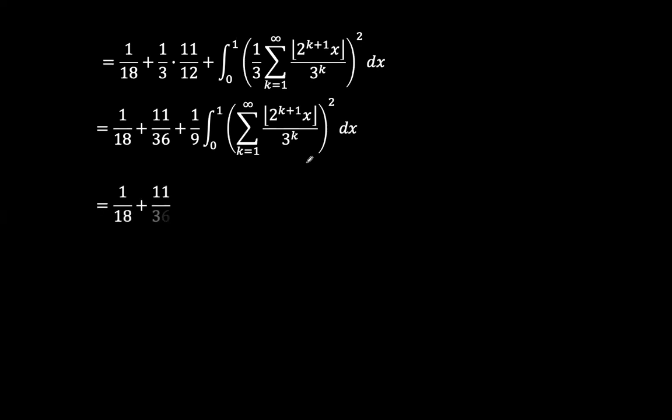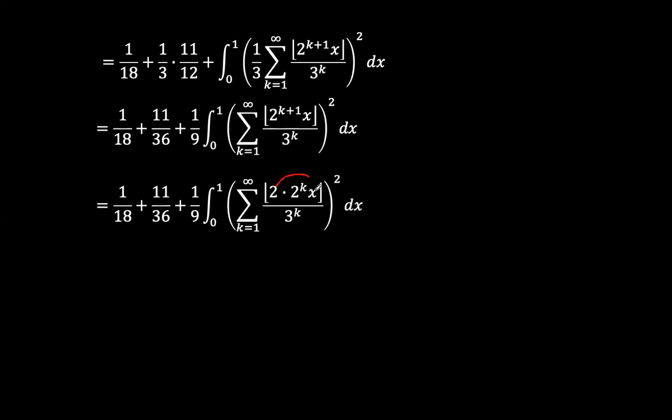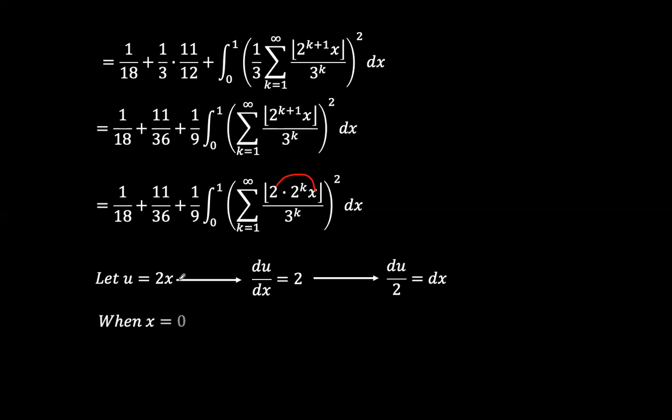So interestingly, what happens here is now we have 2 times this. One way to try and remove this 2 times x is by letting u be equal to 2x, and so du dx is 2, and therefore du over 2 is the same as dx. And so when x equals 0, u is equal to 0, and when x equals 1, u